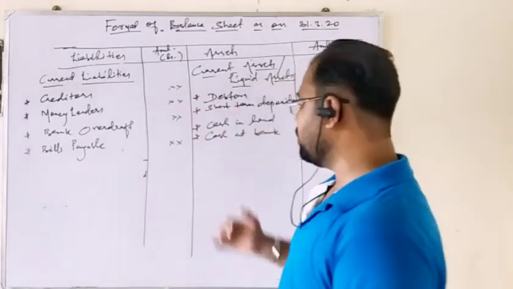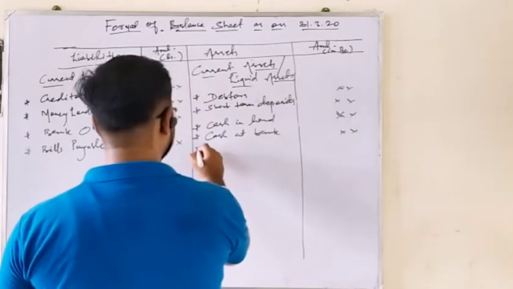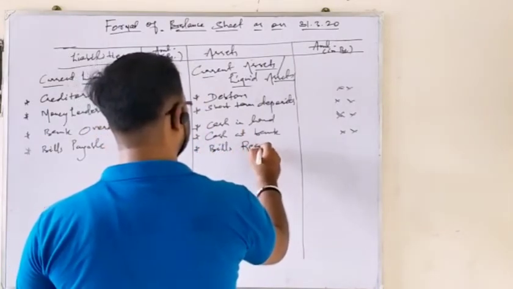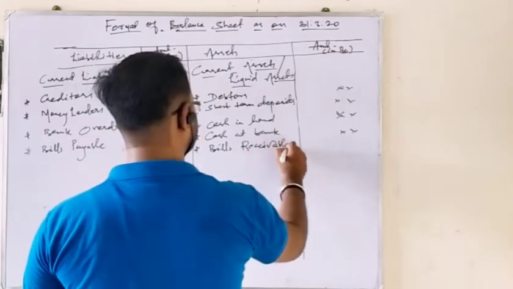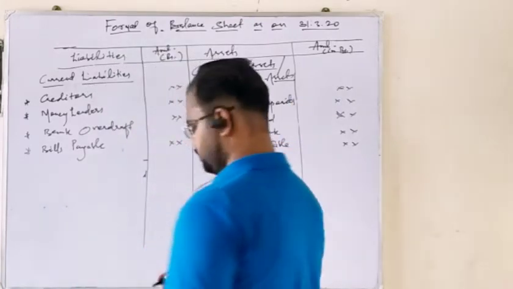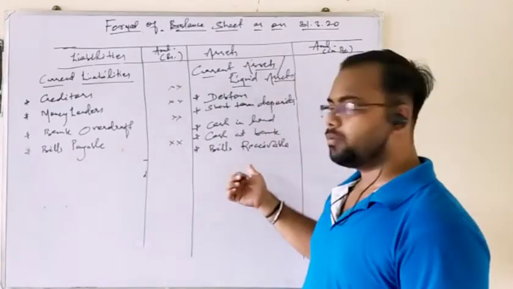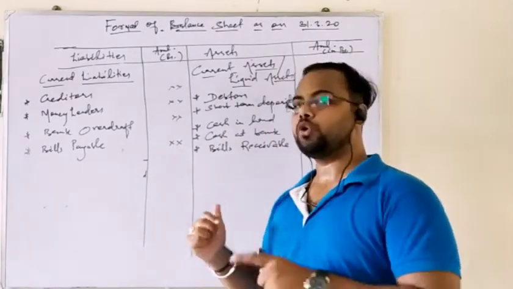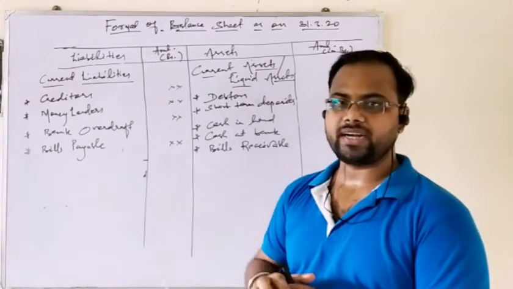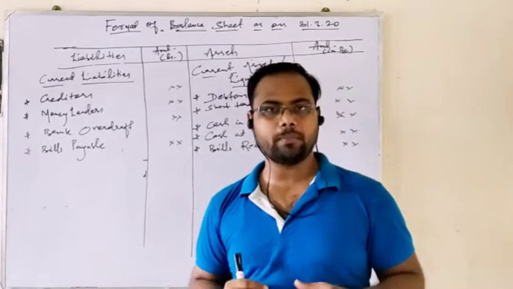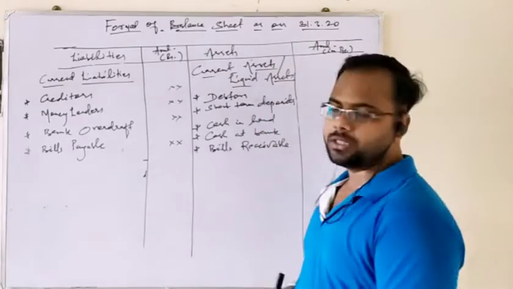And if you take it the opposite, here comes bills receivable. Bills payable is drawn by a supplier on you, and bills receivable means you draw a bill upon your customer when they take goods and services on credit, and to prevent the recovery of losses like bad debt, you draw a bill upon your customer. So that acts as the bills receivable for you.